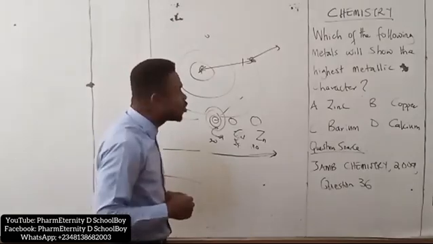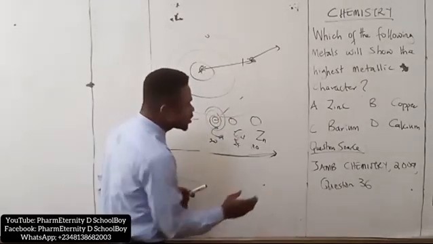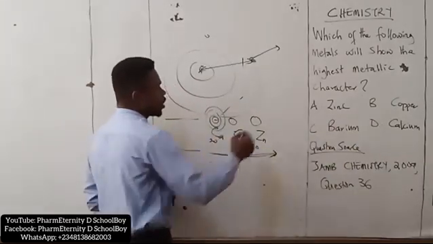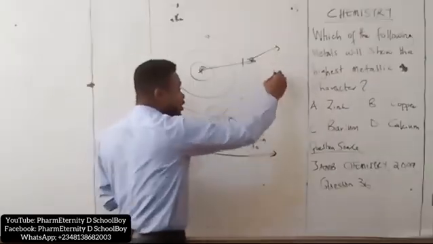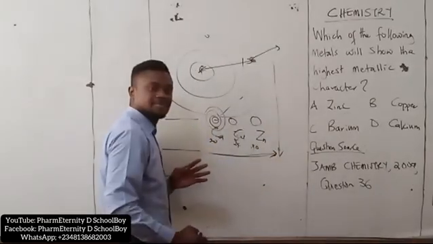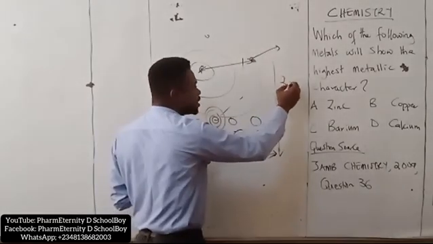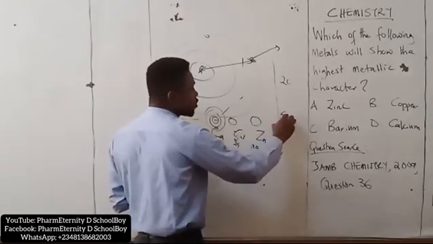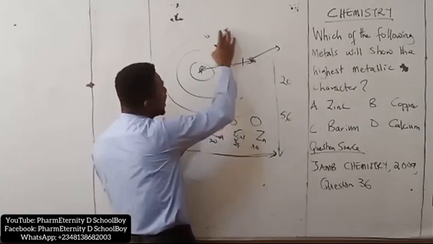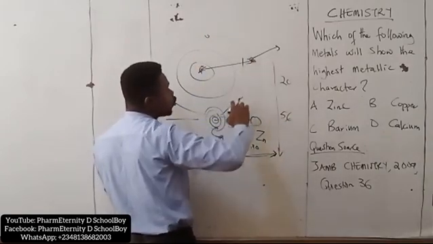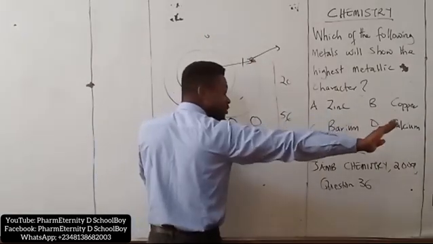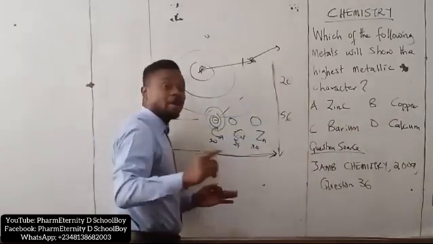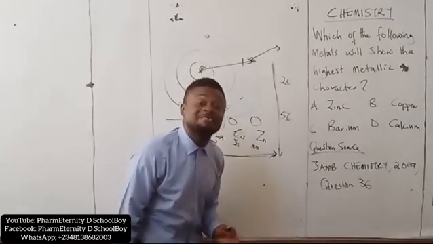Now let us go down the group. Let us now come to barium and calcium. They are in the same group 2. Down the group, calcium is 20. Atomic number of calcium is 20. That of barium is what? 56. Unlike in a period where the number of shells is the same even though the atomic number is increasing, down the group, the number of shells increases down the group,